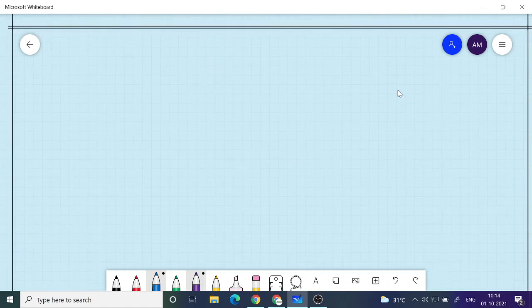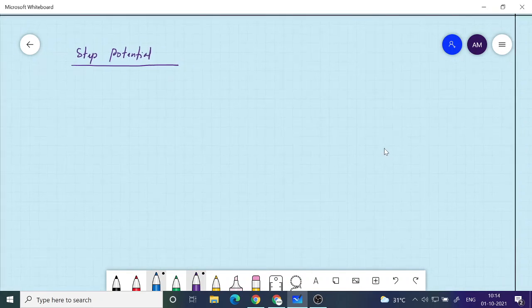But let us look at one more problem which we can solve, that is the case of a step potential. Okay, step potential. So what do I mean by step potential? It is basically